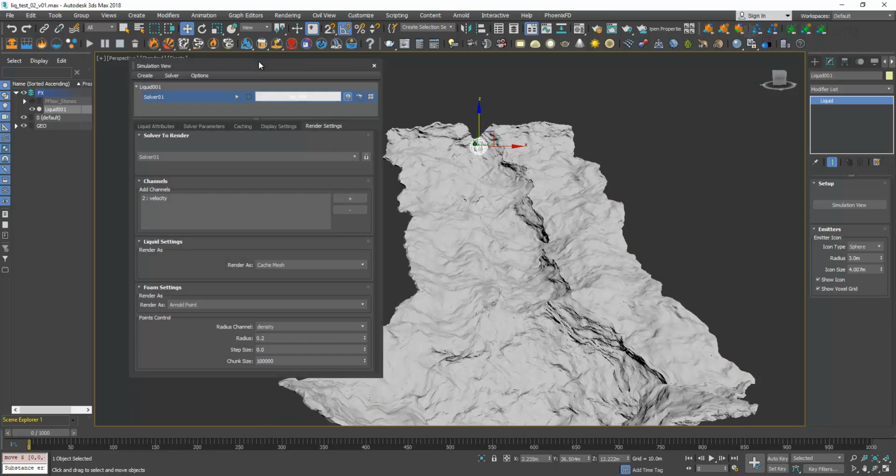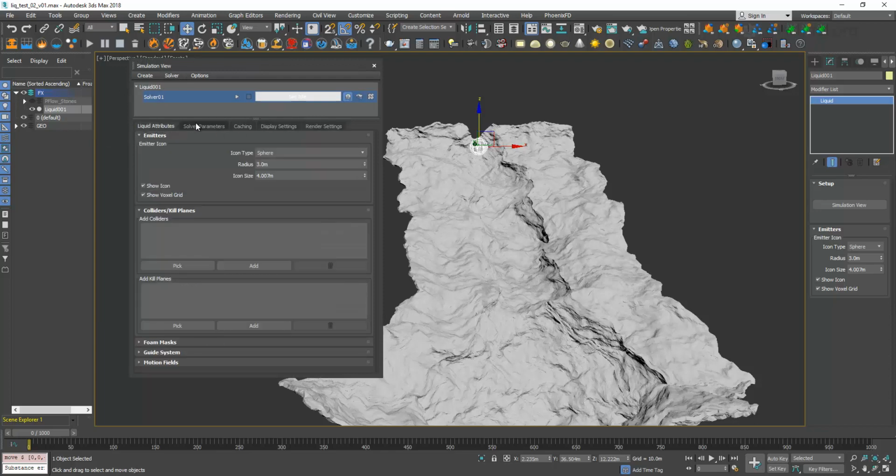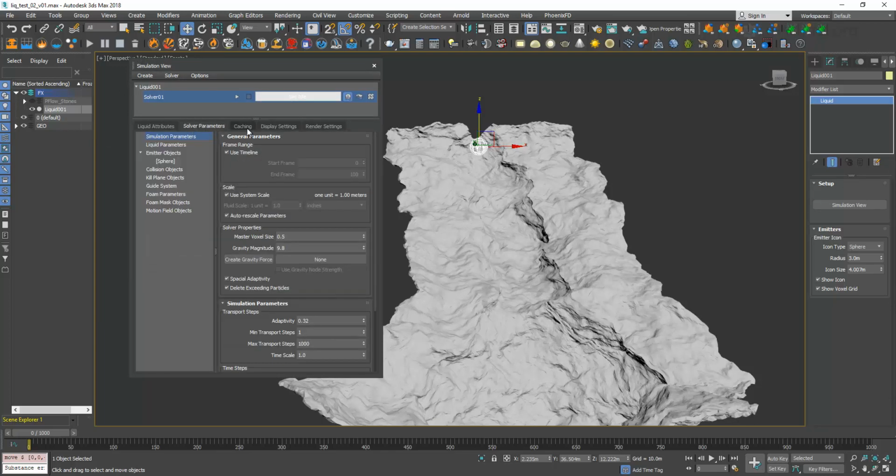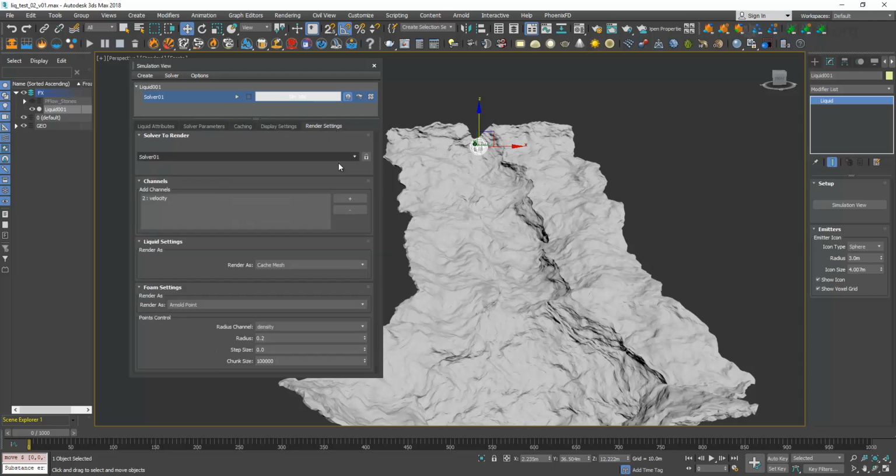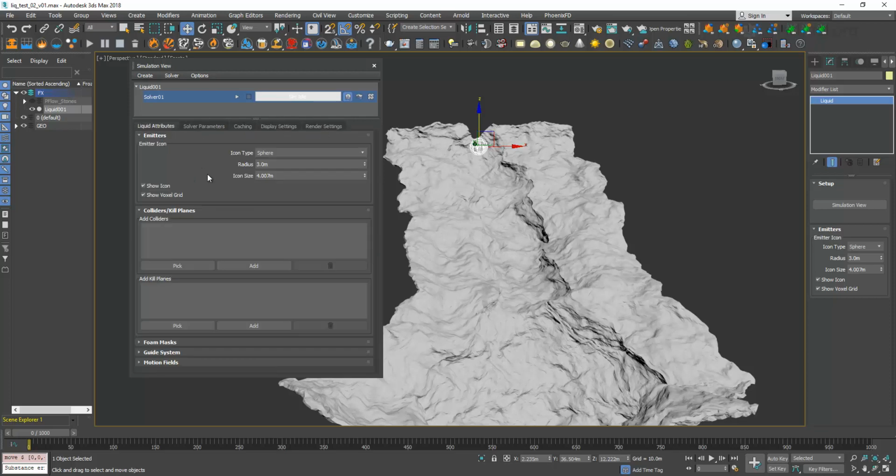And let's look at our simulation view. We have many different settings here. We have many tabs: liquid attributes, solver parameters, caching, display settings, and render settings. So what I want to do,